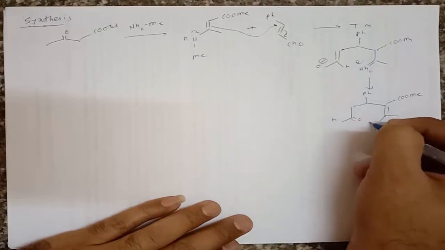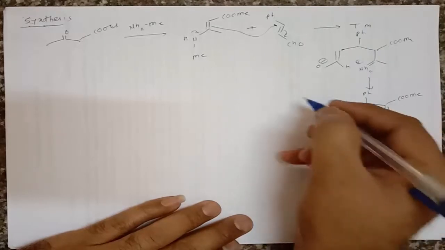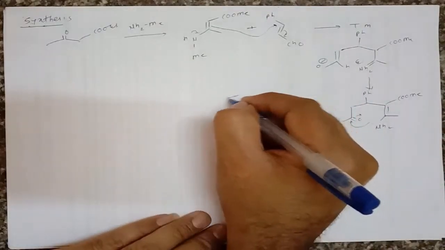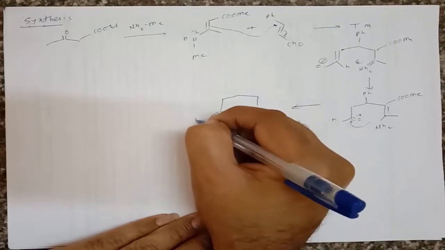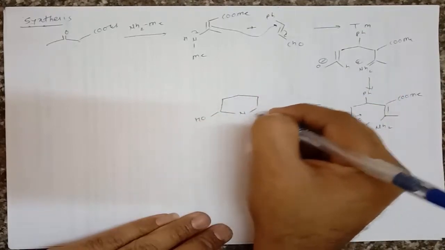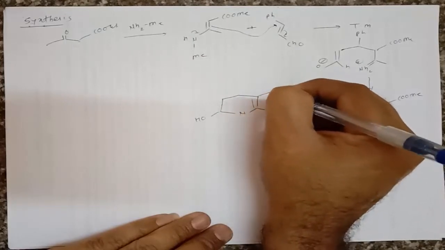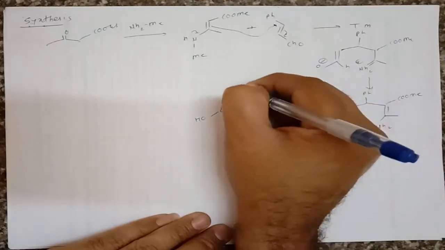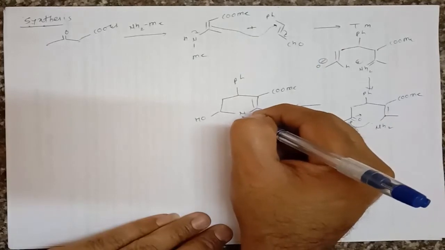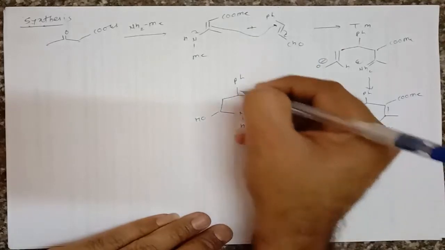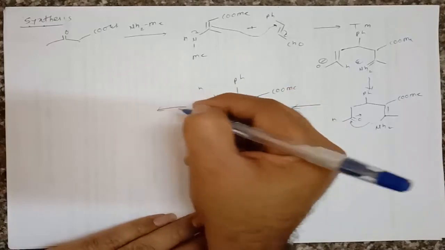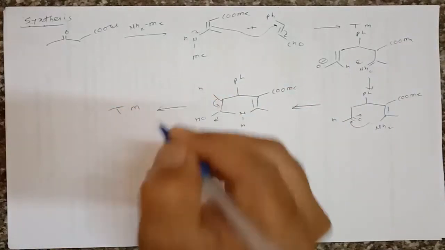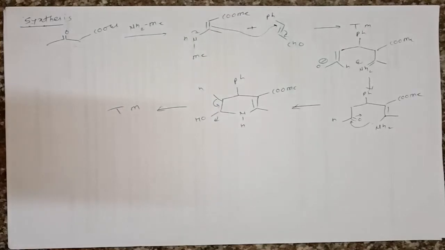In the second step, the lone pair of nitrogen will attack here, and it gives formation of a cyclic system, and in that cyclic system it gives formation of an OH group here, and then here is methyl, here is a double bond, COOMe, and here is Ph. And here is a hydrogen, and in the second step the proton will be removed here, and it gives formation of a target molecule. So this is the mechanism, and from that mechanism we can use the synthesis of such types of target molecules.